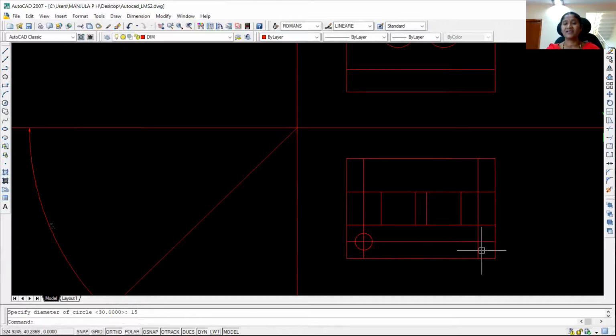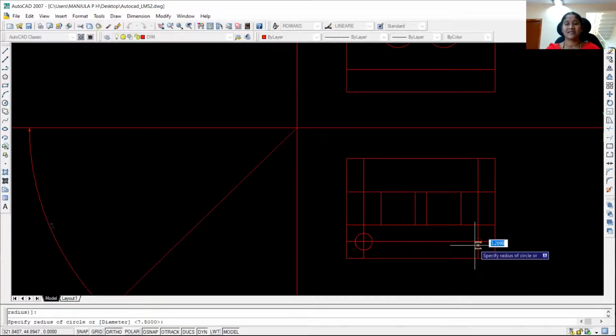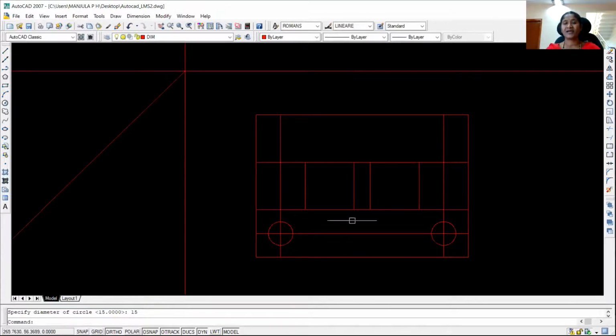Similarly, at this point also we are supposed to draw a circle. For that, click on circle, indicate the center, then type diameter D, enter, 15, enter. So I have drawn two circles. I am supposed to draw another circle in the middle of these two, that is at the center of this component. So for that, I'm going to offset one of the edges. The total width is 130 mm, so I'm going to offset this by 65.